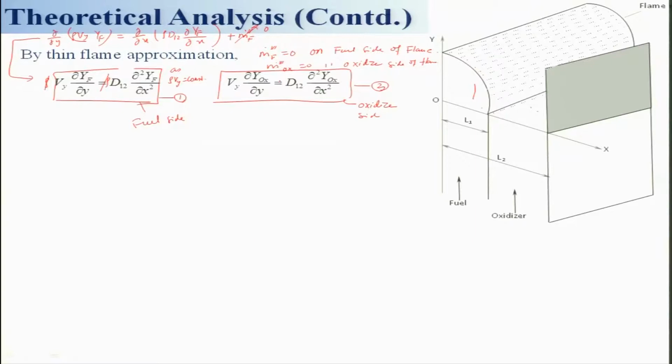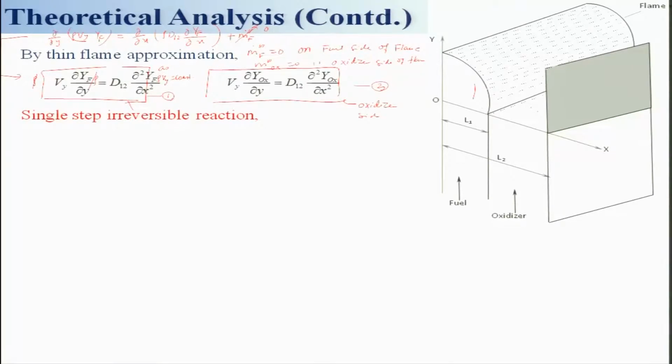Is that clear? And the flame is very thin, you can say infinitely thin. Okay, that is the condition we are working with. So again, let me repeat: the above two equations can only be applied outside of the flame surface, as both oxidizer and fuel get consumed instantly at the flame surface, right. As soon as they come, they are consumed, that is all, it is very thin. So now we will try to solve these equations 1 and 2.